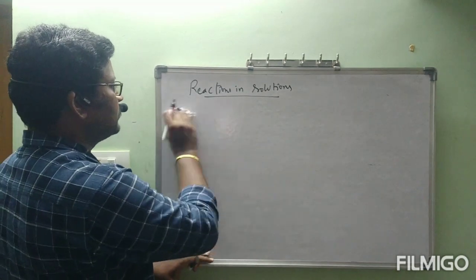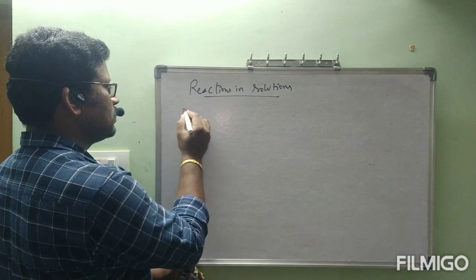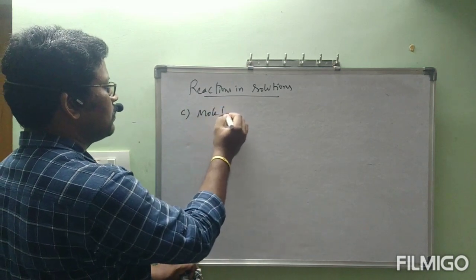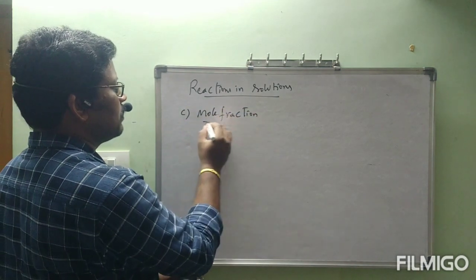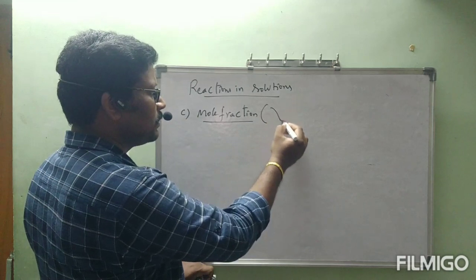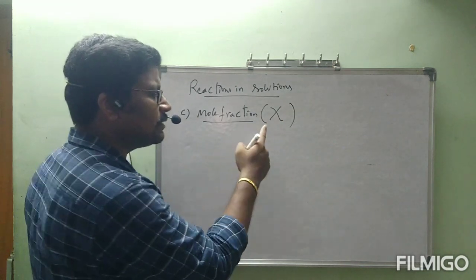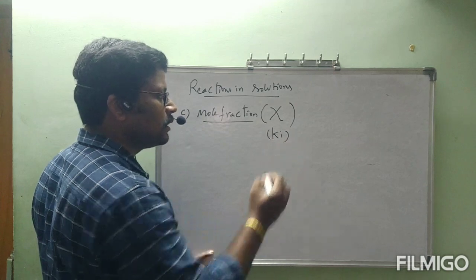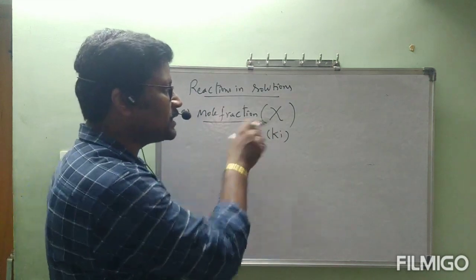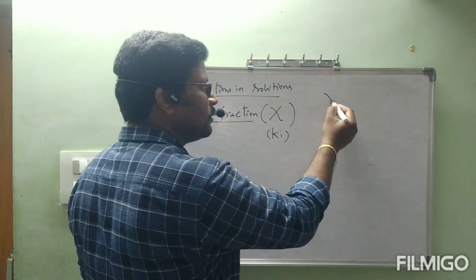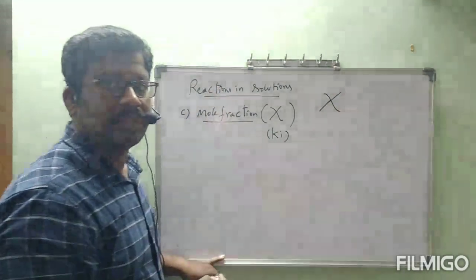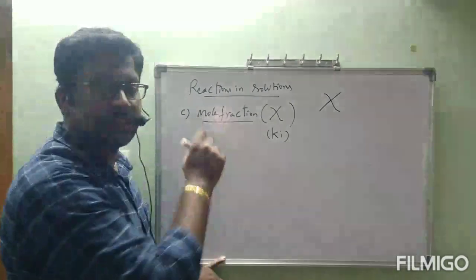Third definition, mole fraction. Mole fraction is represented by this letter. Pronunciation is Kai. In Tamil, hand is nothing but Kai. The pronunciation is the same, Kai. Representation is this one. You know how to write lambda this way, just that the middle line we can extend some more like this. This is the way we represent mole fraction.